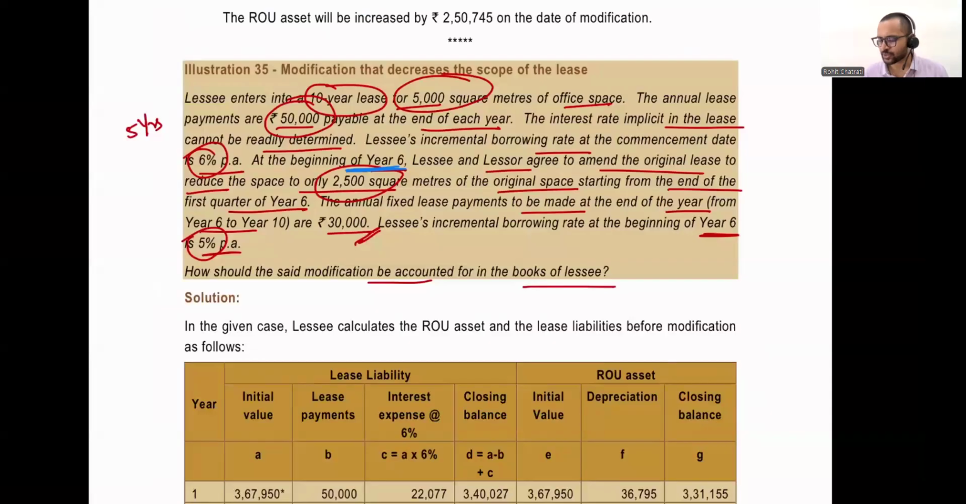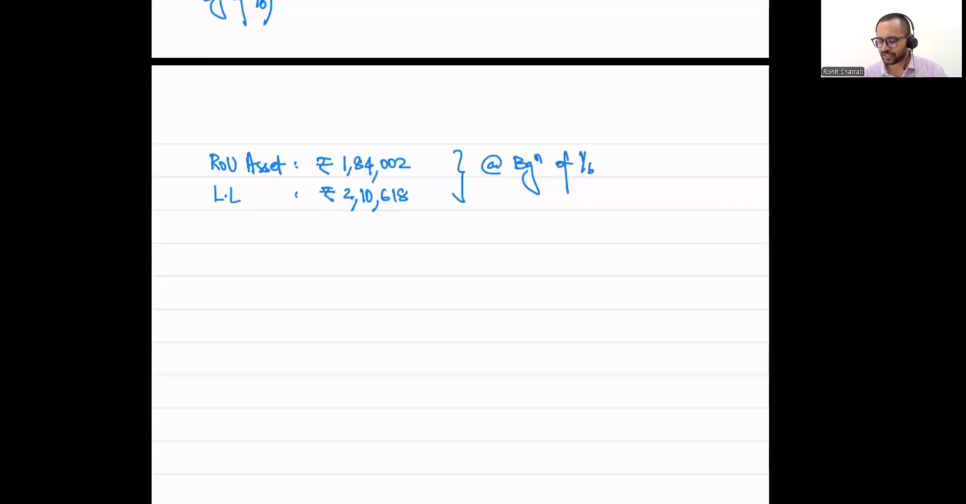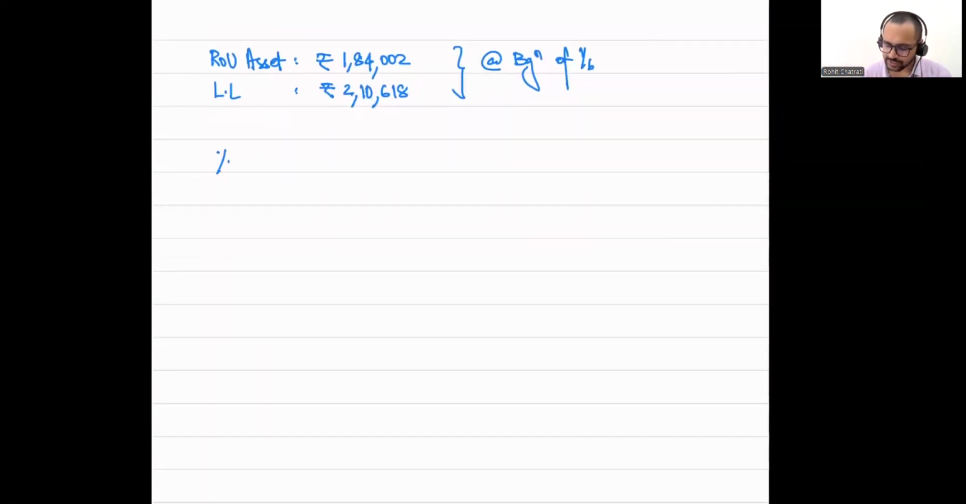We had 5,000 square meters of asset under lease. We have now reduced it, or brought it down, to 2,500. So we have actually reduced the scope of the asset by 50%. All right, 5,000 has come down to 2,500. So percentage decrease in scope,